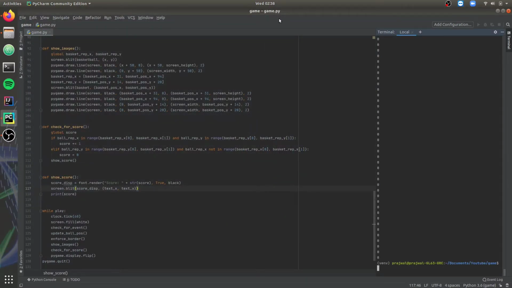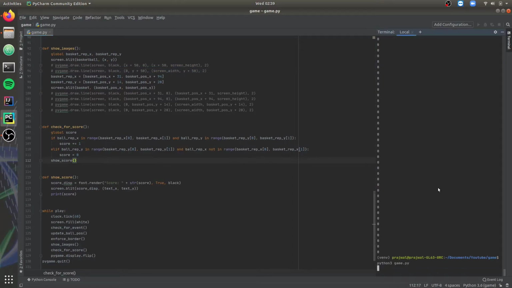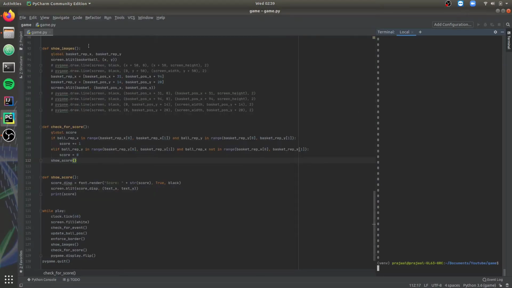Now let's just remove these lines. Now the screen looks much cleaner and neater. What's missing now is a background image. Let's add a background image. For the background image, I've already downloaded an image. You can download one yourself. Let's move to the image now.